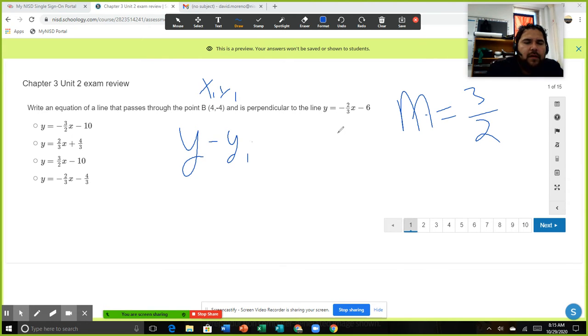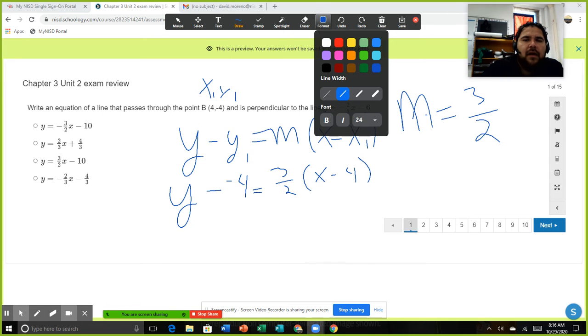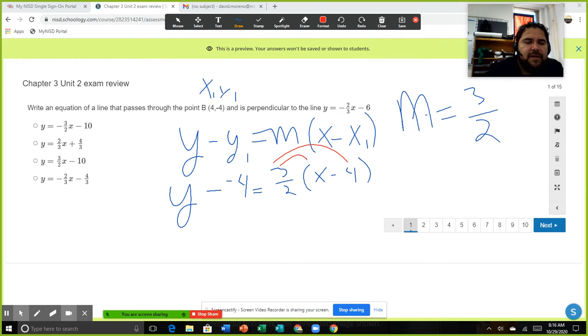y minus y1 equals m times x minus x1. You can put all your new pieces together. y minus y1, so y minus -4 equals m, which is 3/2, times x minus 4. Work your way through, distribute your 3/2. You're going to get y plus 4, because it's a change. So that's y plus 4 equals 3/2 times x, which is 3/2 x,